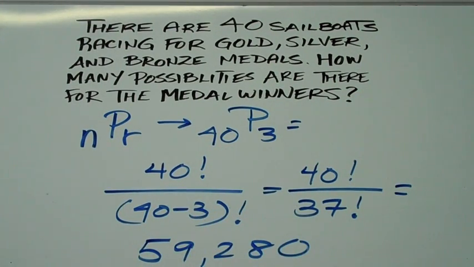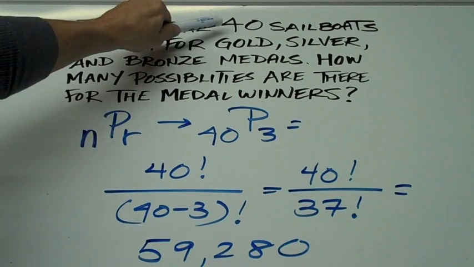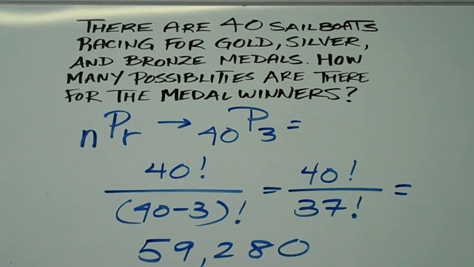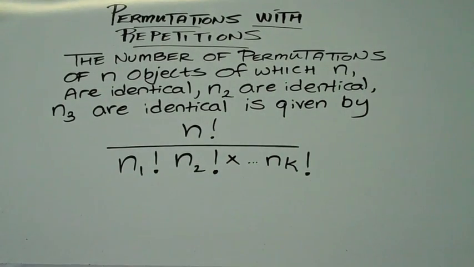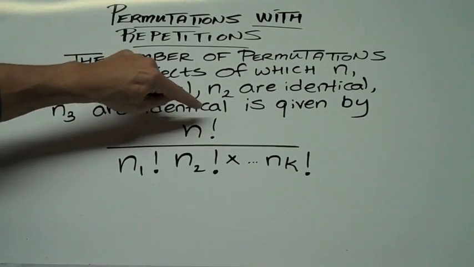59,280 different ways we could finish first, second, and third with 40 going for 3 spots. One thing we have to be careful of when dealing with permutations is something called permutations with repetitions. The number of permutations of n objects, of which n1 are identical, n2 are identical, n3 are identical, all the way out to nk are identical, is given by n factorial,